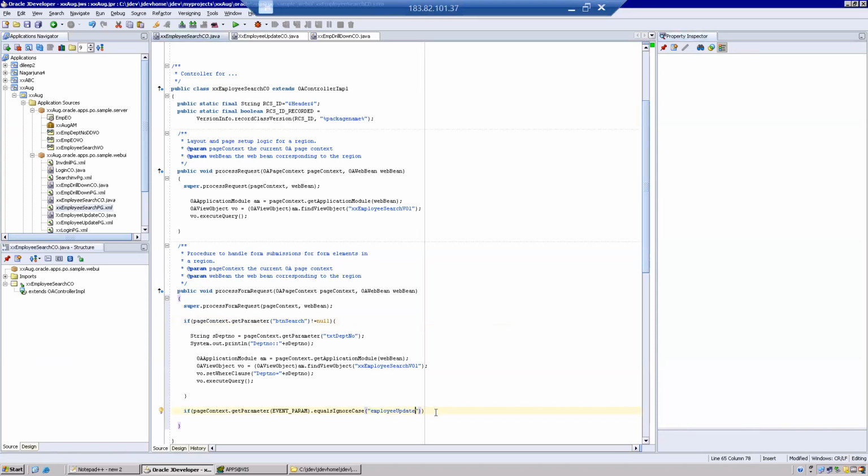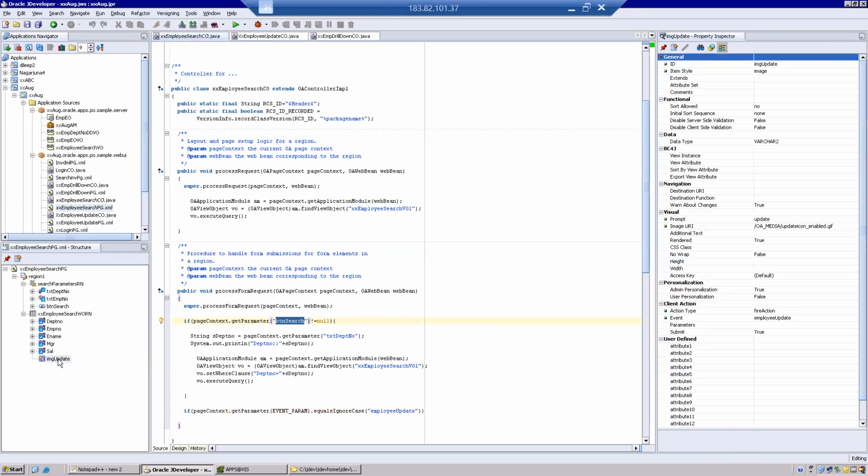You may get this question also, instead of ID in the interview. If it is a button, you have to get that ID. If it is an image, you have to get the image action. For a submit button, by default you have the action, so that's why you are getting the ID. But for images, you don't have that option to get the action by default. You have to give the action manually and give some name to that action. Here I gave employee update. Now here